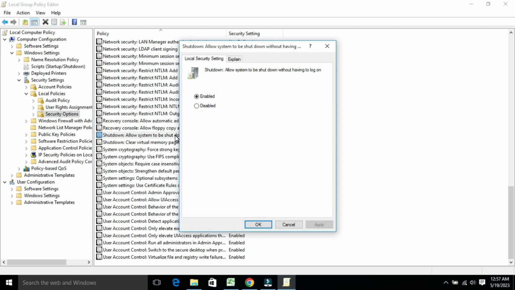In the policy properties window, you will see there are two options, enabled and disabled. You can also find a not configured option on some of the machines. By default it's set to enabled, which means the force restart option is enabled. So you have to disable it. For that you have to select the disabled option, and after that click on apply, then click on OK to save